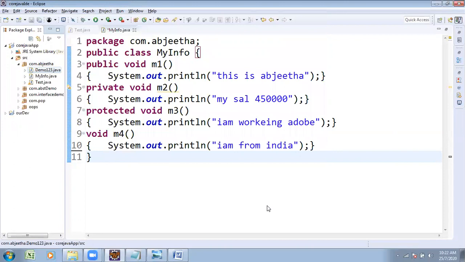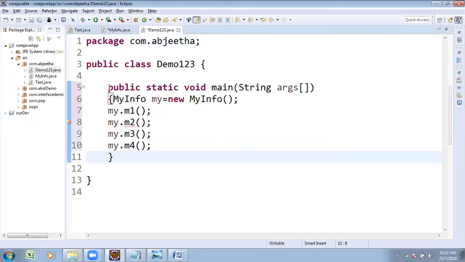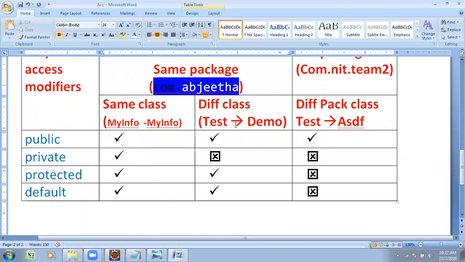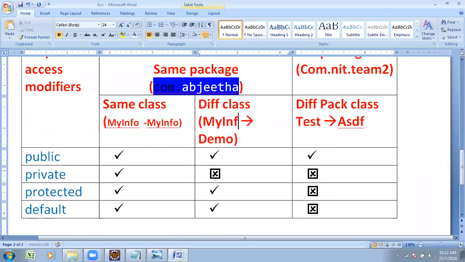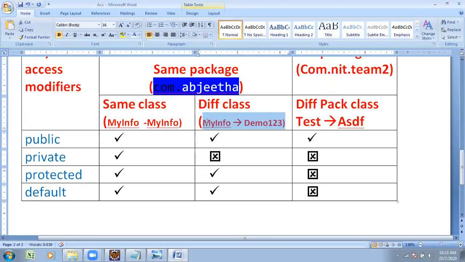Try to observe. Now we want to do declaration under MyInfo and utilization under Demo123. But both are available under the same package.